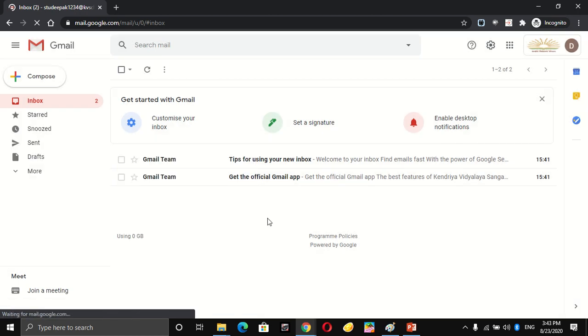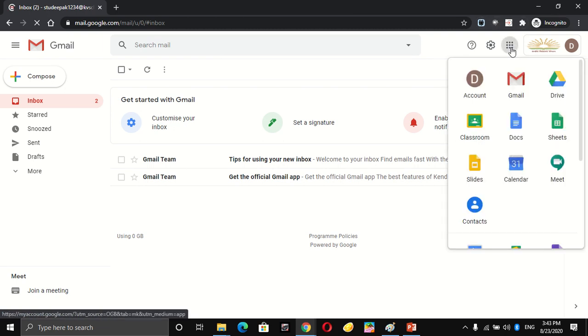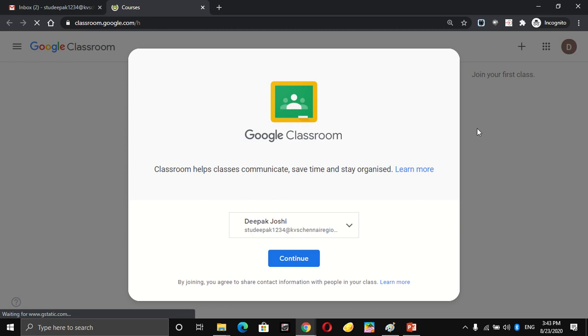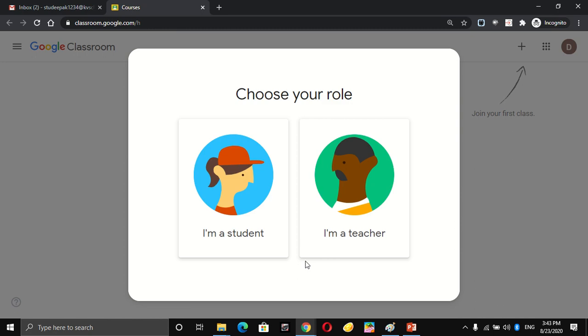Now the next thing, you have to go to these 9 dots. We will click here and we will go to Classroom. Once we go to Classroom, see this window, we'll continue.